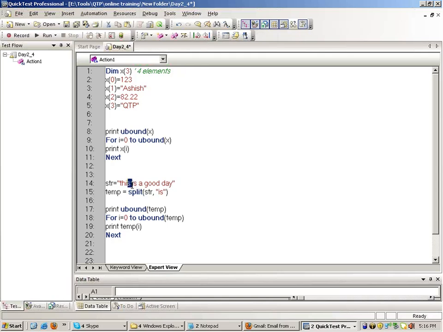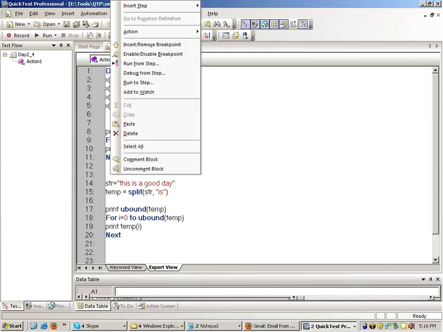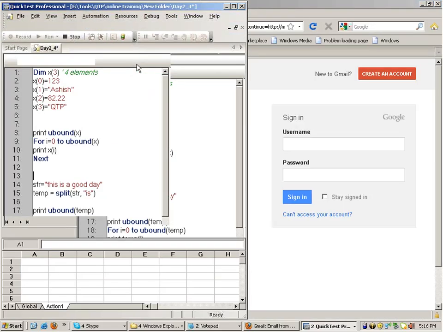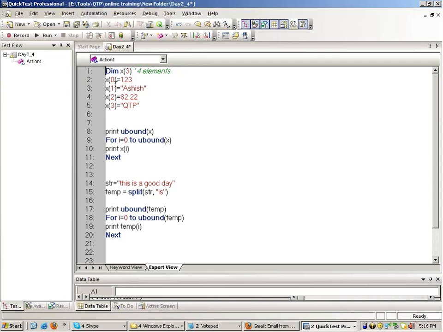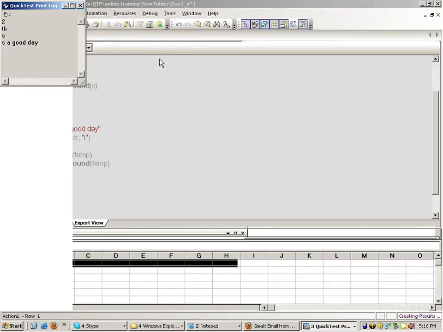So what will happen is that this will go in the first part of the array and the rest will go in the second part. So if you run this from line number 13, you see that, right? If I split it on the basis of the letter I and run this from line number 13, see that,